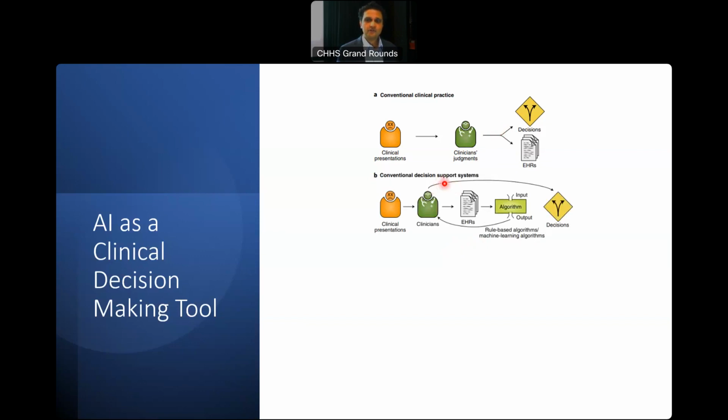With conventional decision support systems, for example, if you had your DHR calculate the pneumonia severity score, or the pancreatitis score, or your ICU multi-organ dysfunction score. A patient presents, the clinician enters data into the DHR, an algorithm calculates a score and then feeds that back to the clinician. The clinician integrates that in their head and decides: I'm going to use antibiotics, not use antibiotics, start oxygen, do this or do that. So that's a rule-based algorithm.